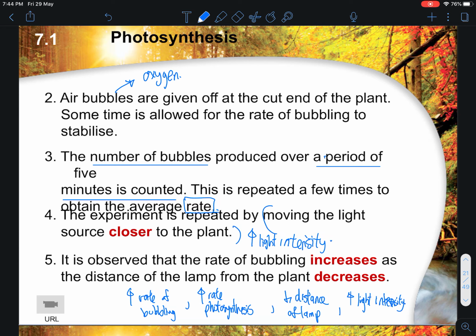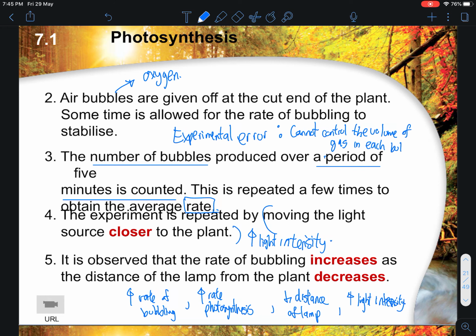Now there is one experimental error for this. What is this experimental error? Okay, what is an experimental error? An experimental error is an error that is due to the experiment itself and not because of your human error. Okay, so an experimental error is because you cannot control the volume of gas